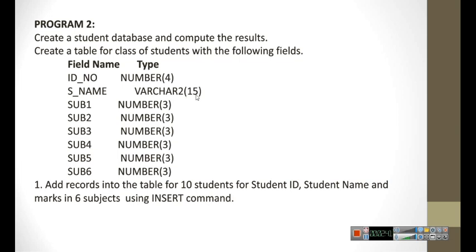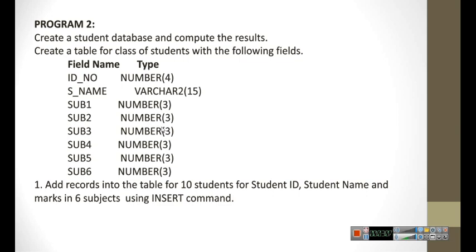Varchar2 of 15, so the total is 15. Here the student name can be within 15 characters. Next, subject 1 to subject 6 is number of 3, because each subject carries 100 marks. So the maximum number you can fill for subject 1 to subject 6 is 100.